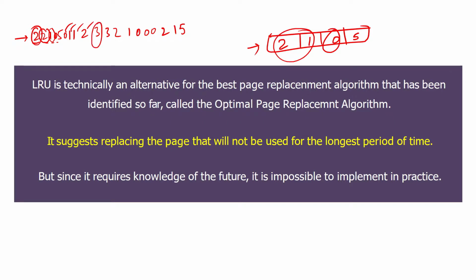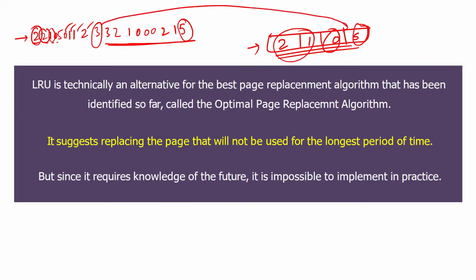Now when the 3 comes, we need to see which one out of these 4 is not required right now and will be called very late in the queue. So obviously we need to know the queue in advance, and we will see that 5 is the one which is to be used very late, so we can replace the 5. So this 3 will technically replace this 5 location, and it will be replaced as 3. Okay, so this is how the optimal page replacement algorithm works.